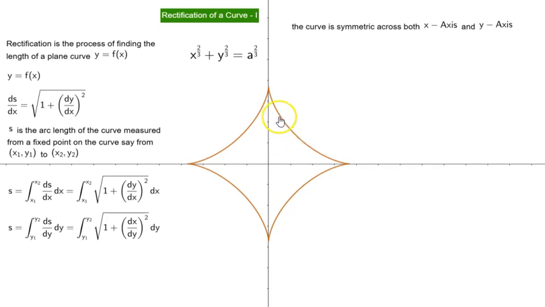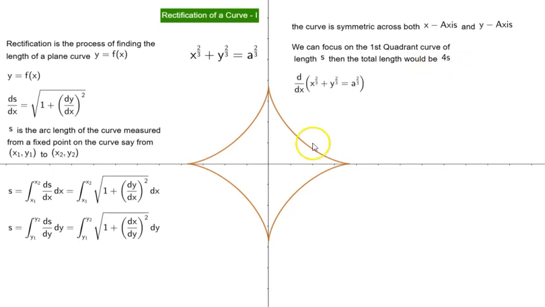So since it is symmetric, that means we just have to figure out the arc length of, say, first quadrant part of the curve. And then we just multiply it by 4 to get the total arc length. So we can focus on the first quadrant curve of length s, then the total length would be 4s. Now to do this, we first differentiate the given curve. We get,